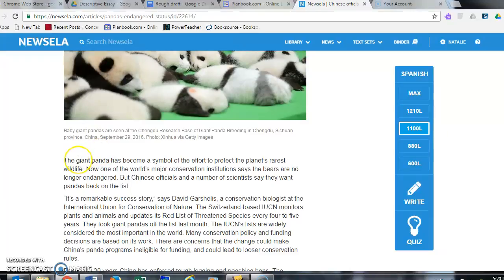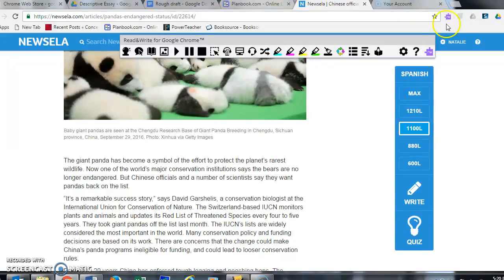If my kids want to come and read, they can, again, they just click the little Read and Write app there. This is especially useful for my kids that have a hard time reading text to themselves. If they're just trying to read it for the purpose of gaining information, then they can pull this up and it can read it to them. So I'm going to highlight the part where I want it to start reading,